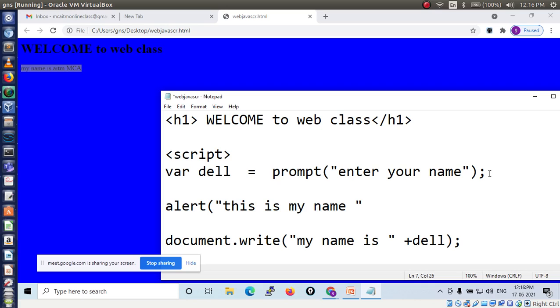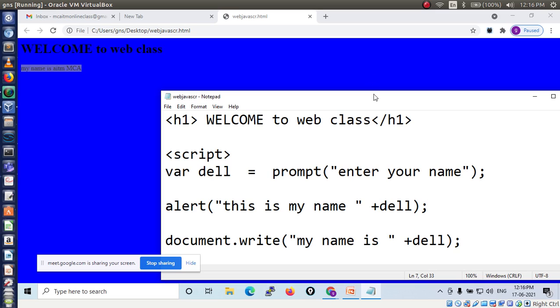Simple. The same way you use document.write, you have to use it. Then my name is stored in which variable? Del. Here we have to write del. Simple logic.